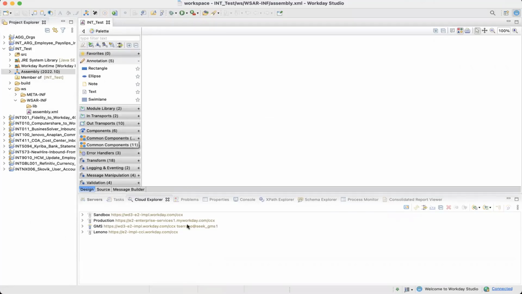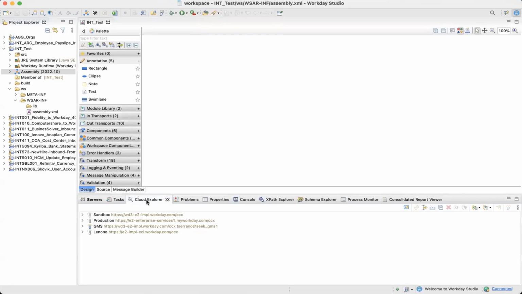Yesterday what we covered? We just saw the different tabs that we have, Project Explorer. Then if you click on the assembly, that's the main area where you connect your components and all that. Palette is the place where you have different components and then different tabs.